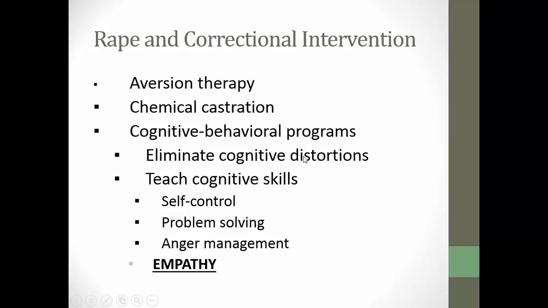And so we treat sex offenders the same way we treat everybody else. One of the things you do is eliminate those attitudes that support rape and sexual assault. The other thing you do is teach skills. You think of empathy, right? If you are thinking about how other people feel and understand how they feel, it gets a lot harder to engage in a crime like sexual assault or rape. And so the same cognitive skills we teach offenders are the ones we also work on with sex offenders.